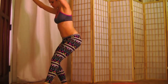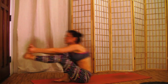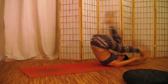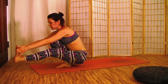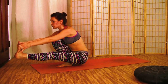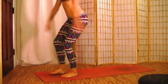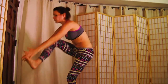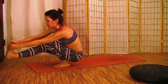One-legged chair on the right leg. Grab your left foot and come down and roll back, holding your left foot, and come forward into a squat, holding your foot. Release it, come up, chair. Take the right leg out of the floor, grab it, come into a squat, roll back, and come into